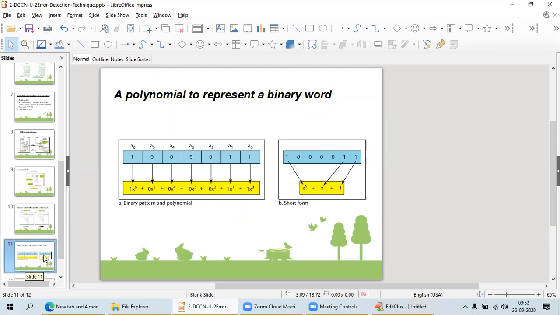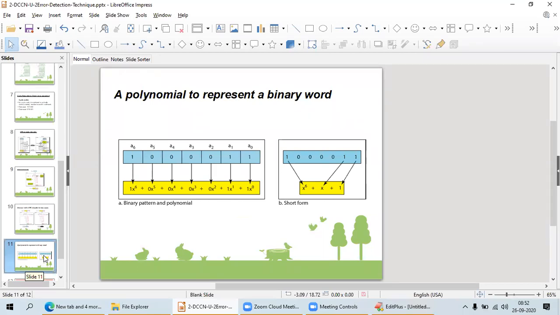My divisor is 1000011. Not divisor, it is a short form; this is the full lengthy form and this is the short form. This is the binary representation of my data, 1000011.